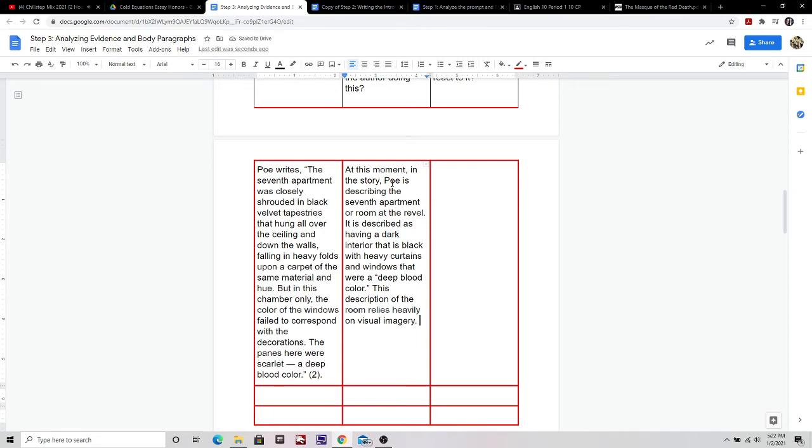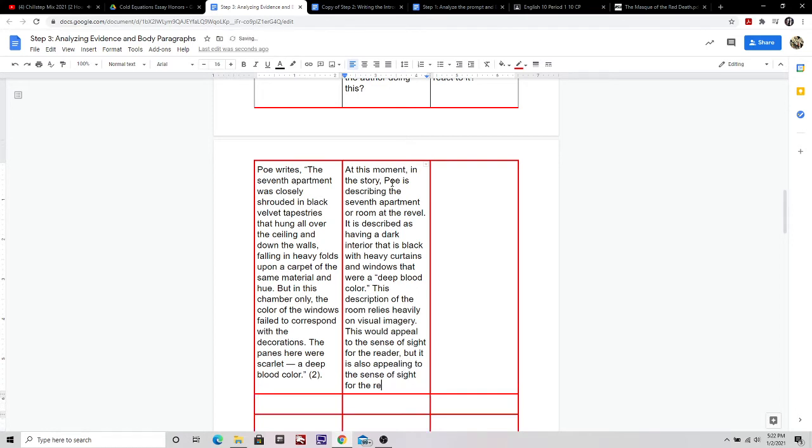That's dropping that term in there, right? That shows that I know the term imagery. I know that it's specifically visual imagery. This might say this would appeal to the sense of sight for the reader, but it also is appealing to the